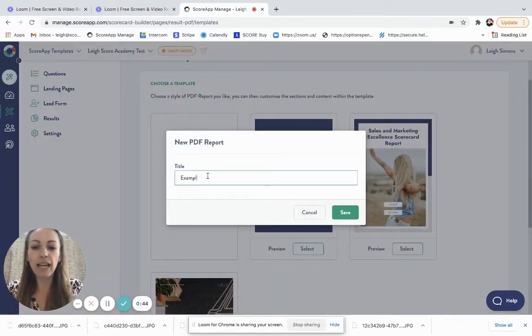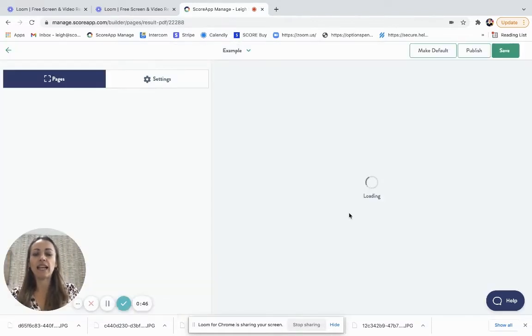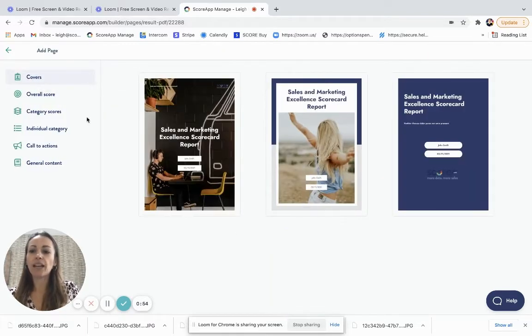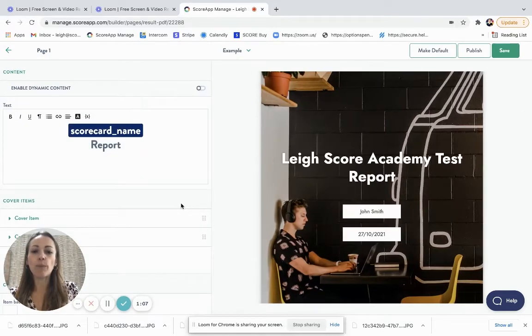You will need to give it a name and then click on save. So we've now got a blank version which we can start to develop. So to begin with, I'm going to add a page, and you can see that I have now all of the available page layouts across all of the templates which I can select from. So I'm going to need a front cover, and I'm going to select this version, and that is now page